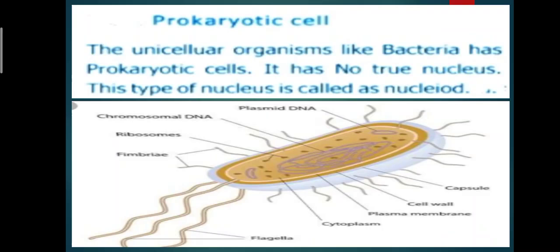Prokaryotic cells lack both a well-defined nucleus and membrane-bounded cell organelles. Examples of prokaryotes are blue-green algae, bacteria, and mycoplasma. Among prokaryotes, bacteria are the most common and multiply very fast. They are single-celled and range in size from 0.2 to 10 micron. Bacteria are found everywhere in rock, soil, ocean, and water.